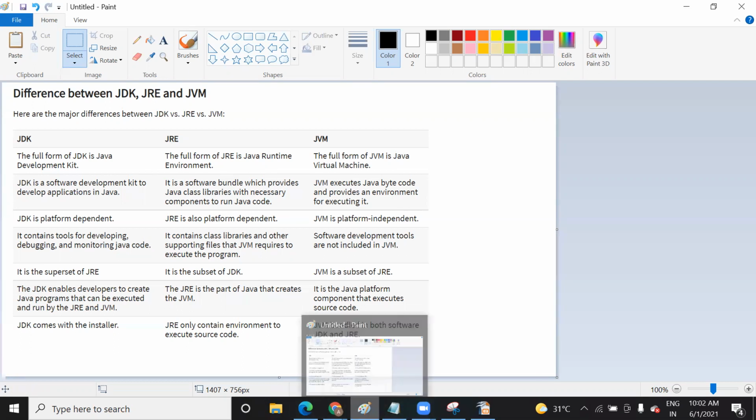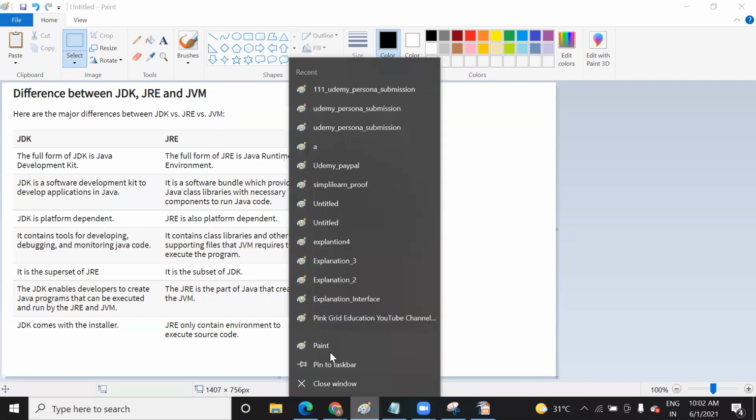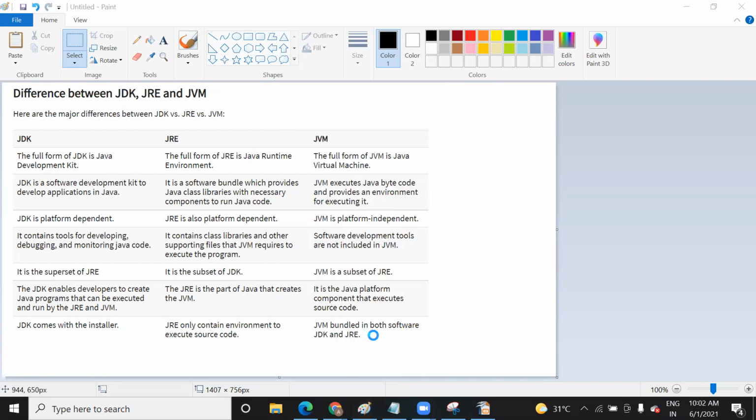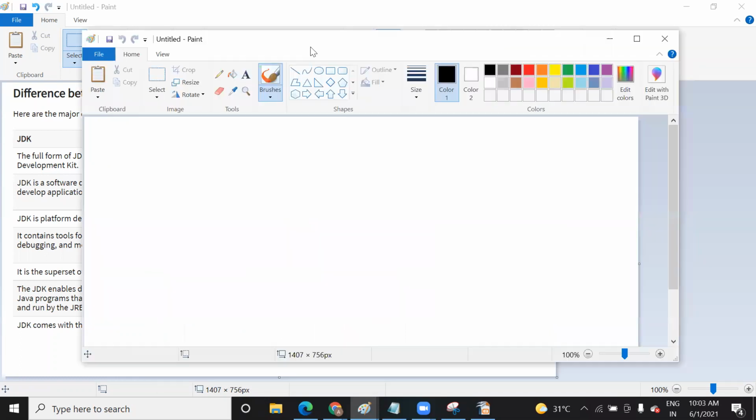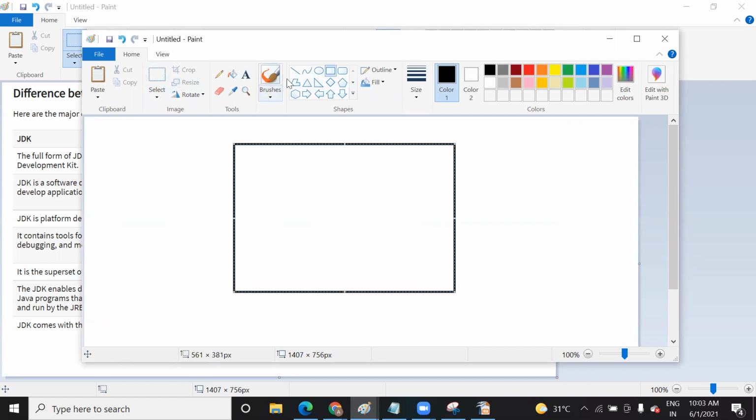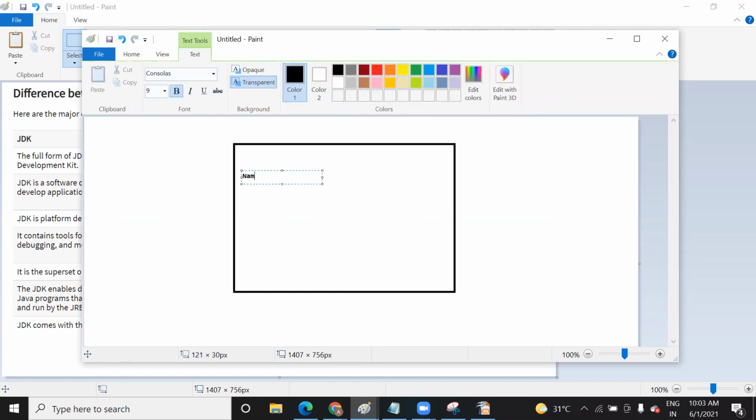For example, let's give one example. Suppose you have a login page. Inside that login page, what you usually find is the name, or you can say username.